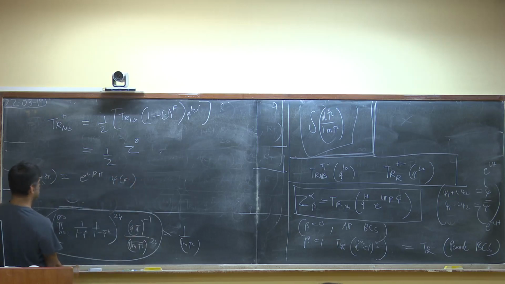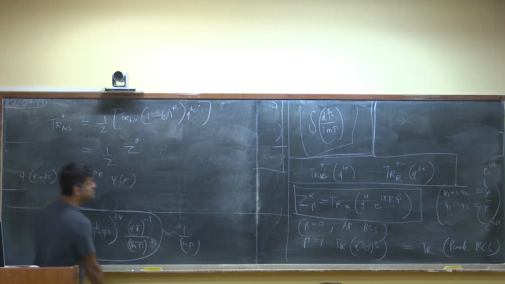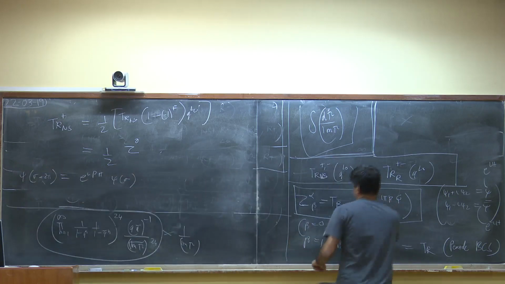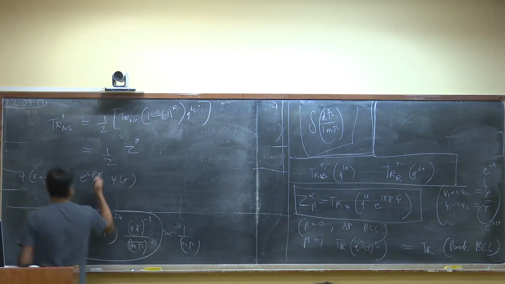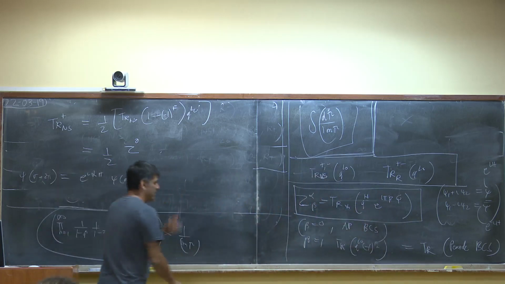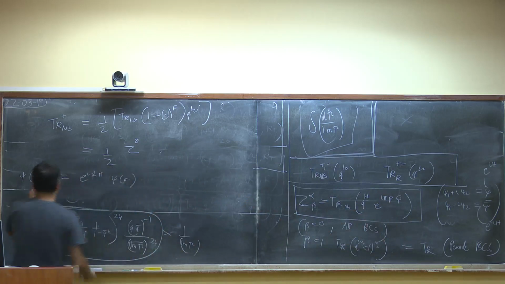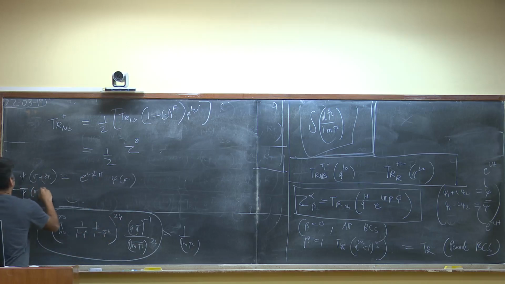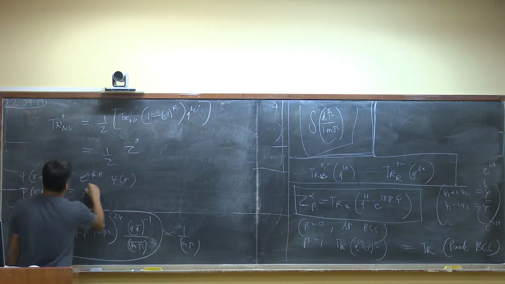Your alpha is the space part, right? Oh, right, sorry. Alpha, thank you. Beta was in time here. Yes, thank you. Anyway, e to the power i alpha pi times psi of sigma, and psi bar of sigma plus 2 pi is equal to e to the power minus i alpha pi psi bar of sigma.